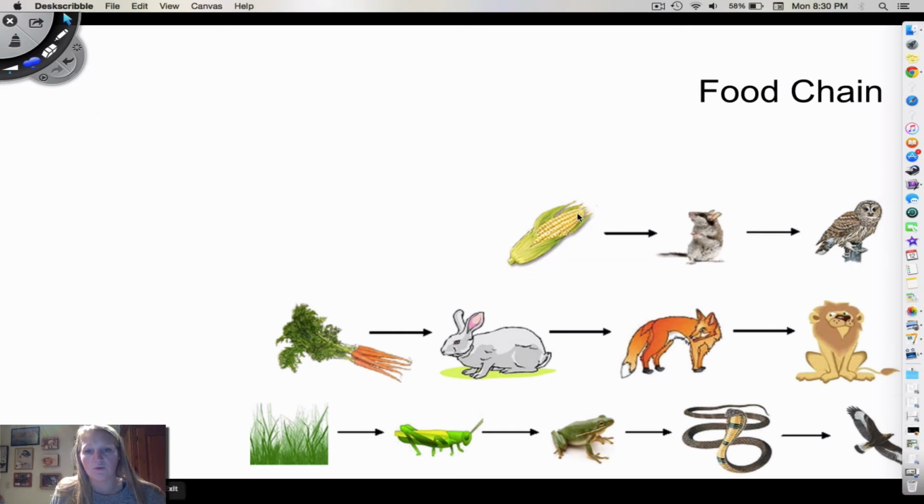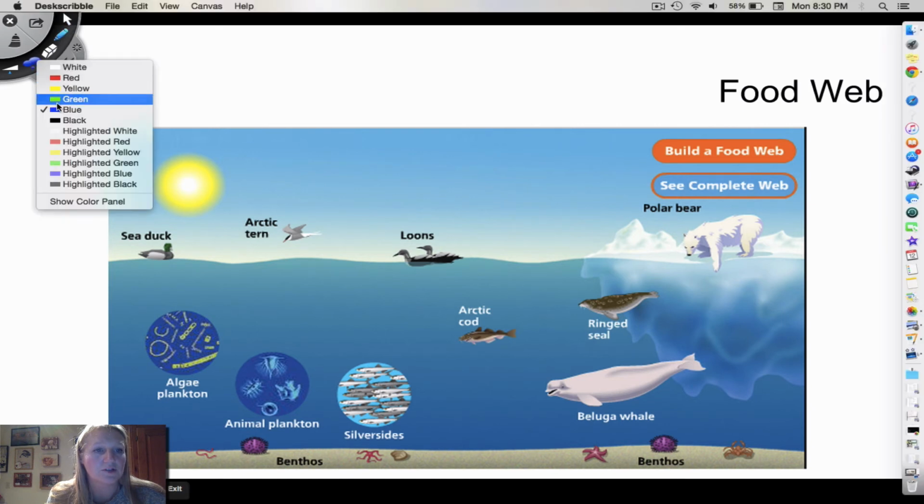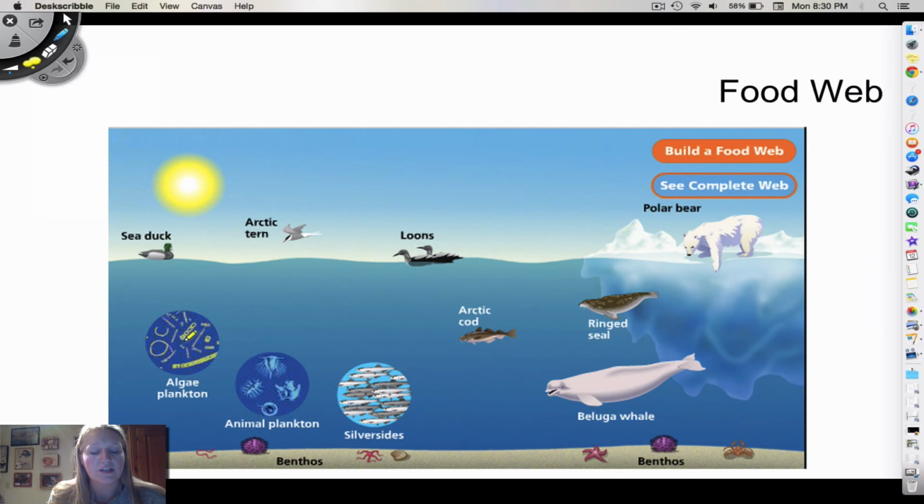However, as you know, more than just one thing eats that piece of corn. More than one thing eats a carrot. And so let's look at the next example. So here is another place where you would see a whole bunch of animals interacting. Let me change the color actually, because that's not going to be very helpful. And so here is a producer. This is really the only producer that I'm seeing here on this picture. The duck is not producing energy from the sun. The Arctic tern is not. The loons, no. None of these things can produce energy except for this one in that ocean. Okay, so this is the only thing that is actually harnessing the energy from the sun and turning it into energy that can be used.